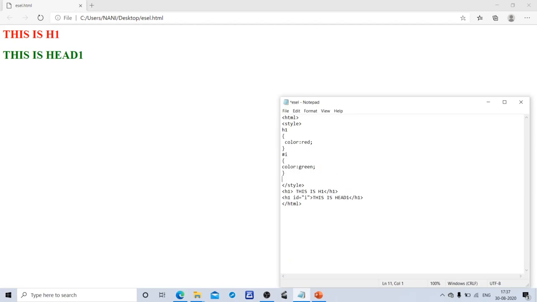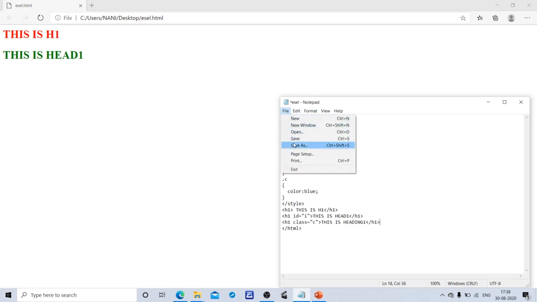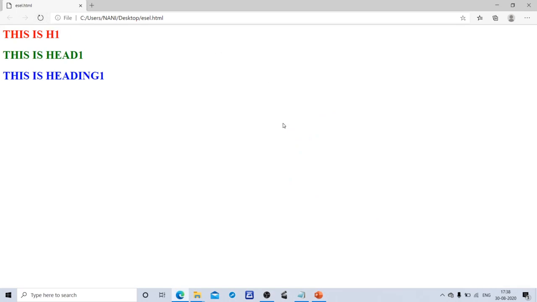Then I can use class selector also. Dot C class declaration, property name color blue, and I have to use class in H1, class colon C. This is heading 1. Yes,